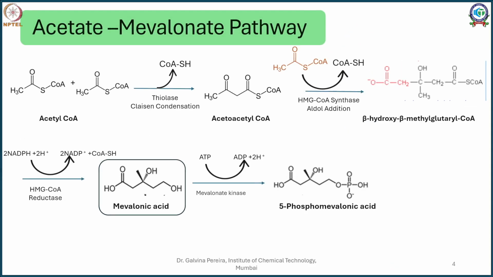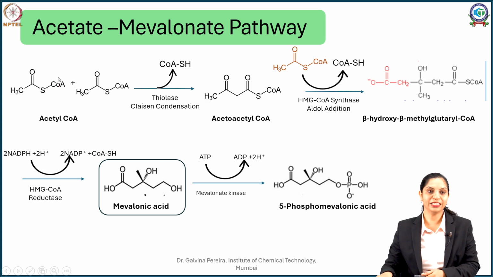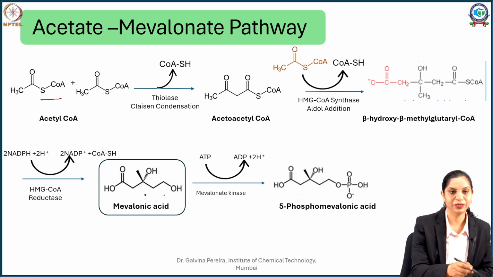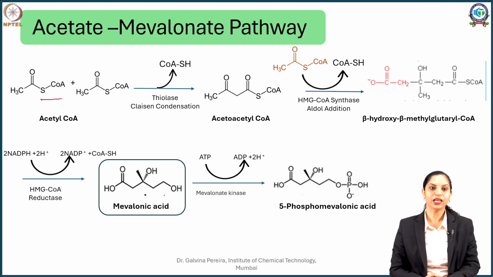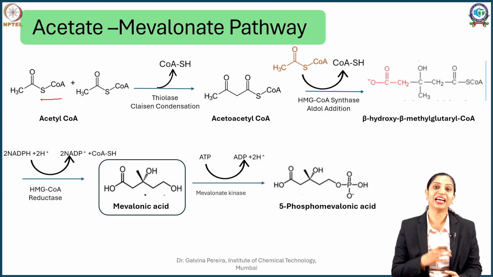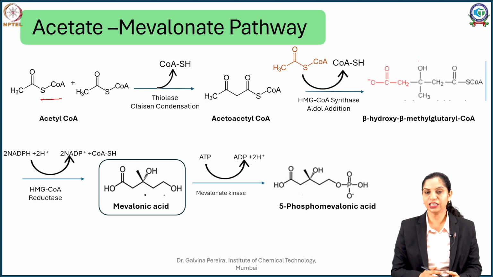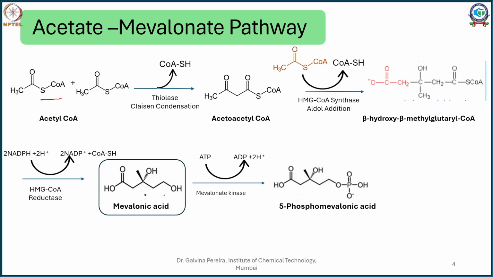Let us try to understand it. So we start with a simple molecule, that is your acetyl-CoA. Now when you see acetyl-CoA, this acetyl-CoA is an acetate which has been added to an enzyme. Now what happens here is this acetyl-CoA, which gets added to an enzyme, gets condensed with another molecule of acetyl-CoA in presence of an enzyme, that is acetyl-CoA thiolase. Thiolase kind of cleaves the SCoA group and your acetyl-CoAs join to each other.